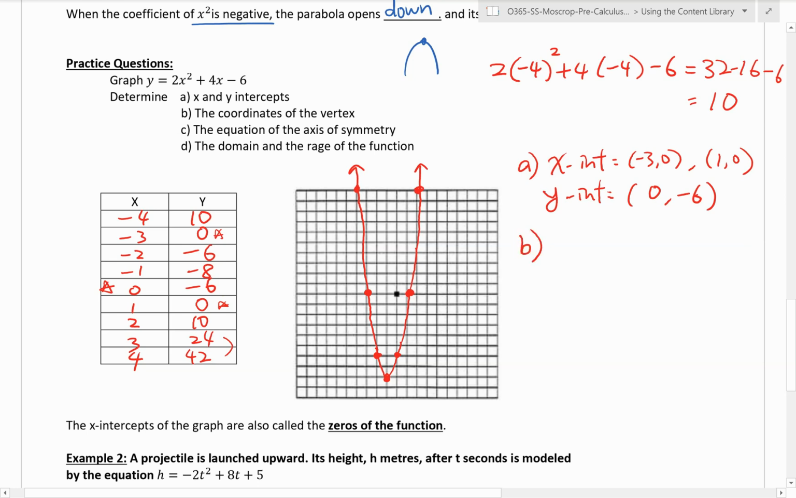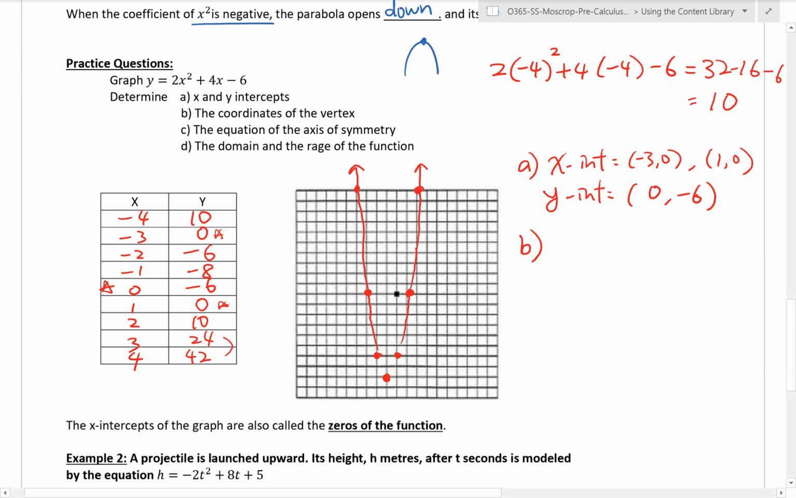Okay. Part B, the coordinate of the vertex. I think it's quite clear. We have a vertex right here. That's the lowest point. And how do I know that's the lowest? Like, for example, how do I know it doesn't go like that? What you need to remember is that it is a symmetrical graph, right? Parabola is symmetrical. So if you have two of the same y values right here,